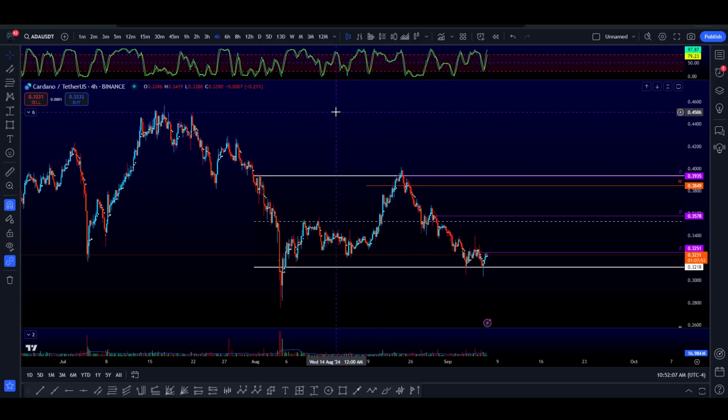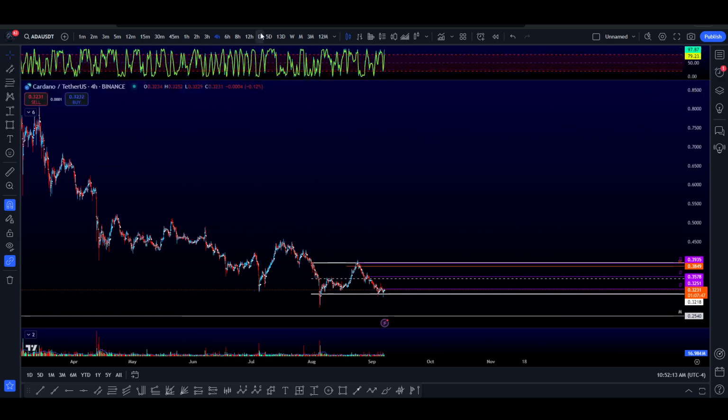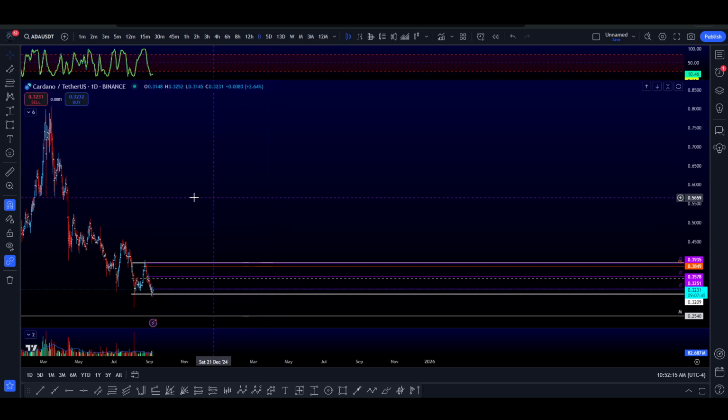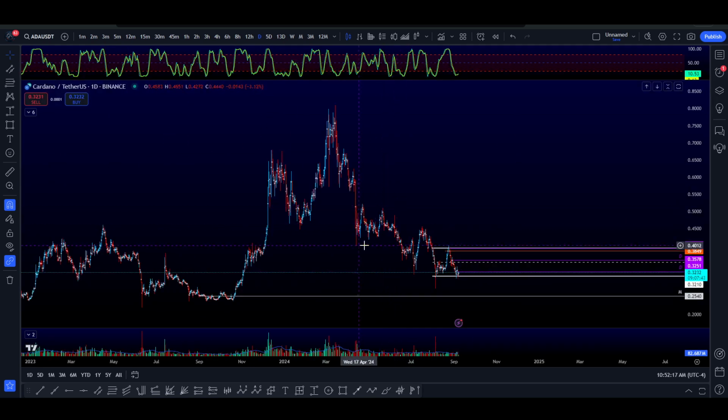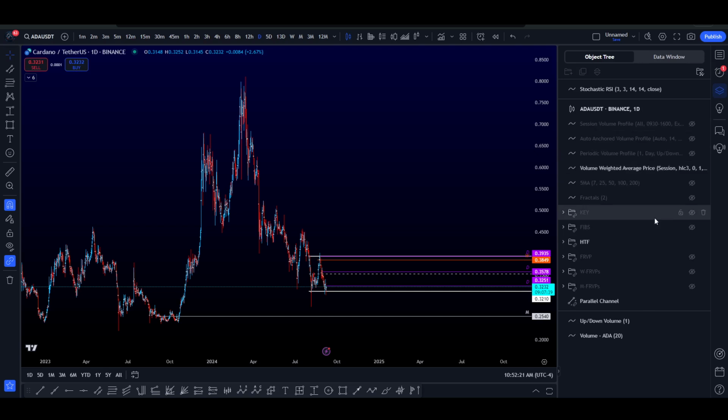Today we will go over Cardano, ADA USDT on the Binance chart. And a lot has happened since I last posted about Cardano. As you can see, we've had a pretty decent sell-off. Some of you might have remembered when I posted